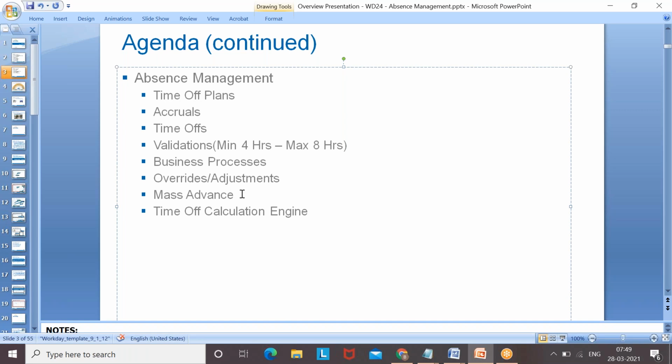Mass advance. Let's say this task is normally owned by the absence partner or admin. Of course, up to the customer requirement, the manager can also do it. Let's say a manager is monitoring 50 employees. So assume there is a bridge holiday. Of course, there is no holiday. Okay,